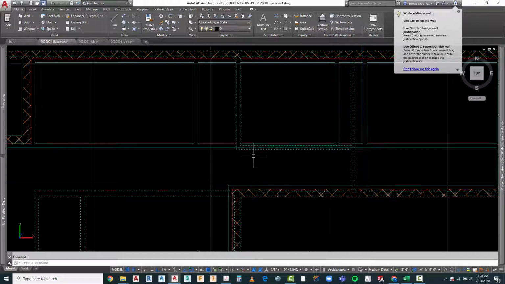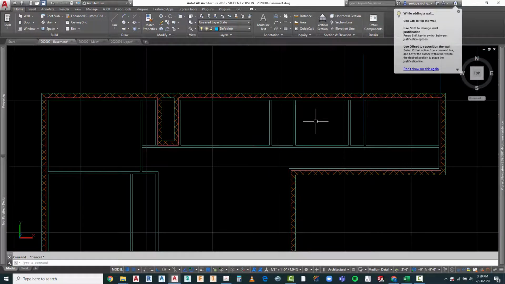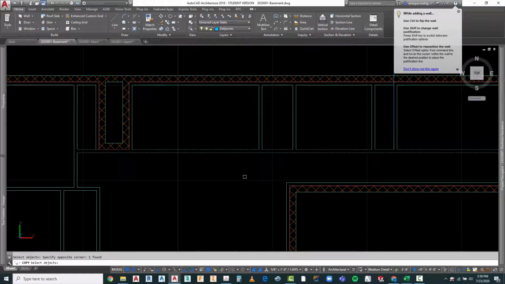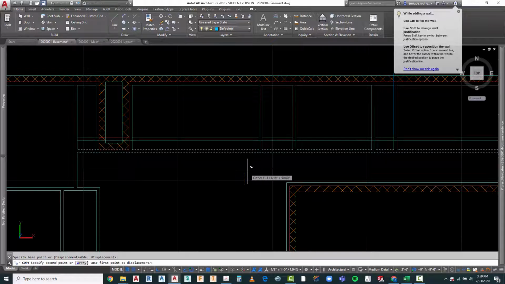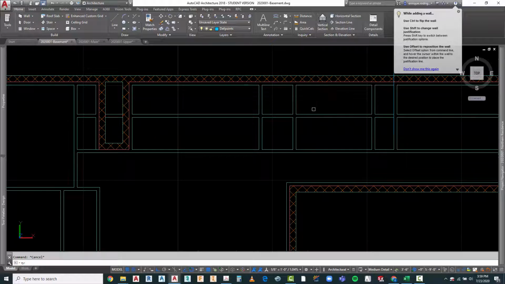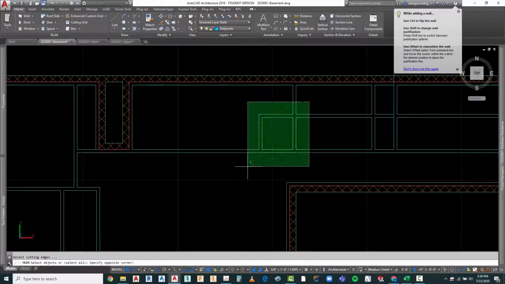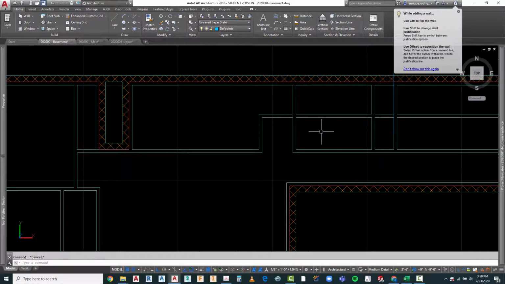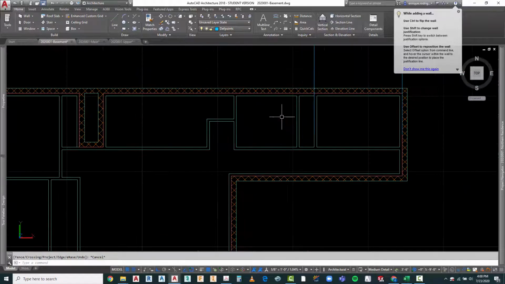Okay. And at this point I'm going to unload the lower level in here. And I'm going to copy this up. I'm going to copy this up 3'9", the dimension they want me to do that at. And I'm going to trim that out. Trim that out. One more thing, trim that out. Okay, there's a couple of other little walls that we're going to locate in here that are low walls, let's say for the bathtub,